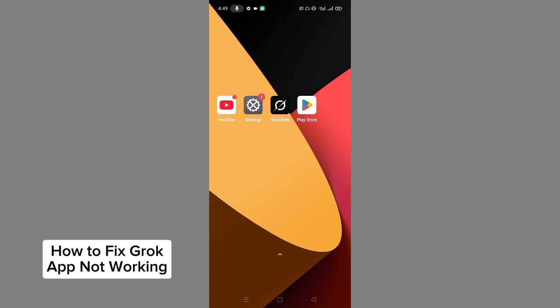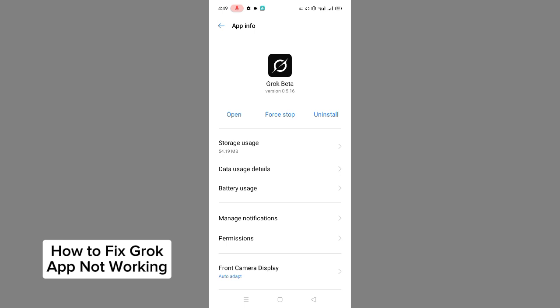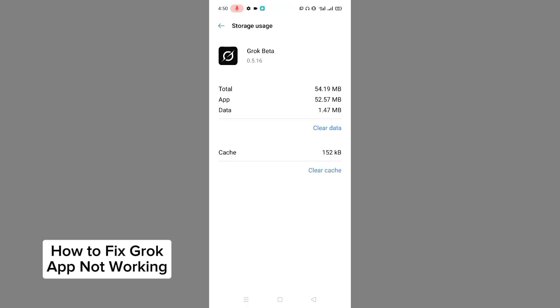So let's get started. First of all, long press on Grok app and then tap on app info option. Now simply tap on storage usage option on the top, and now here you will see two options, clear cache as well as clear data. So tap on both options to clear